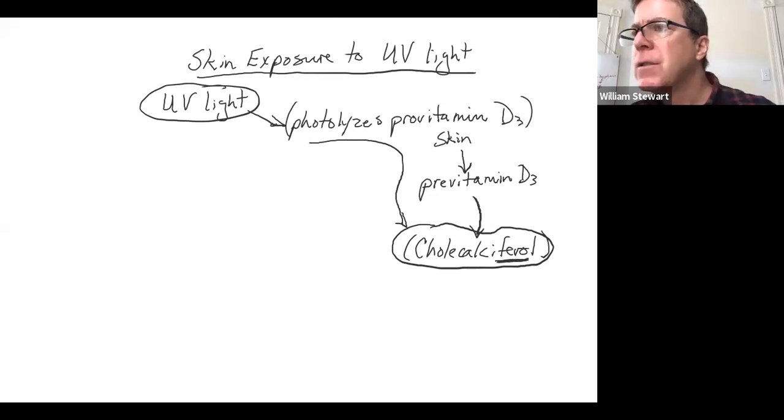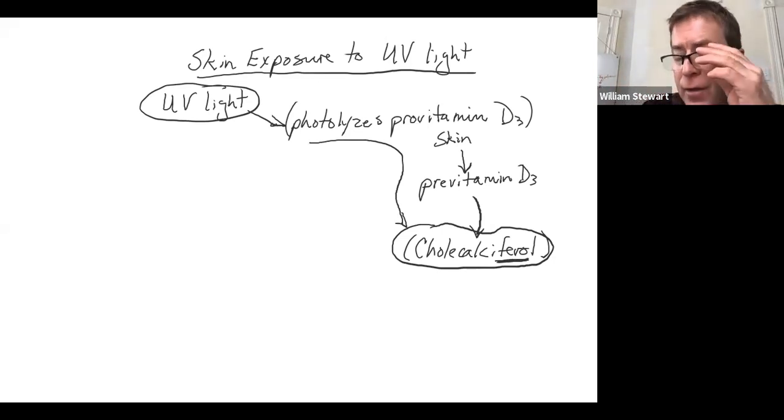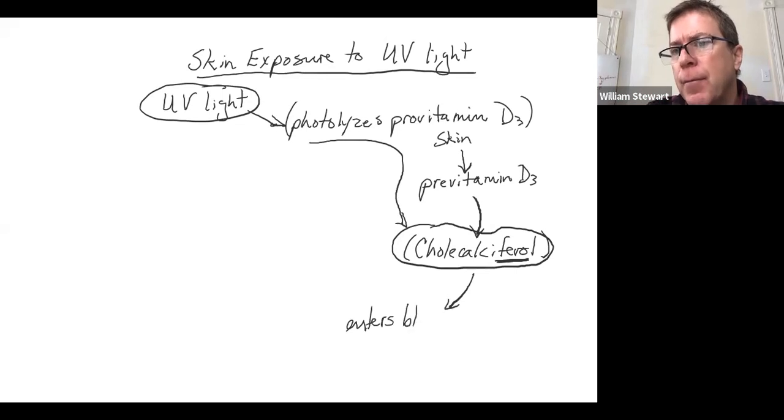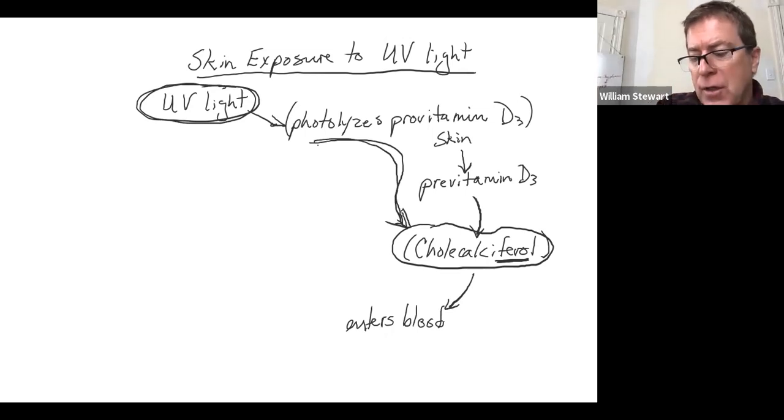So cholesterol that's actually in the layers of our skin gets converted to this product called cholecalciferol, and this then enters our bloodstream. I'm just going to write enters blood. So after UV light does this conversion process to synthesize cholecalciferol, that then enters our circulation,